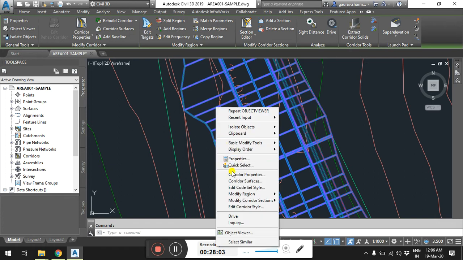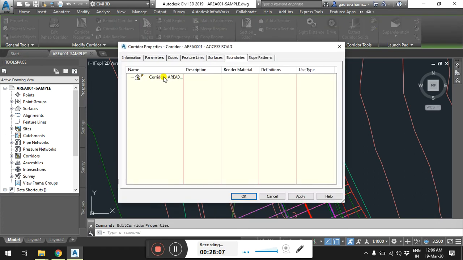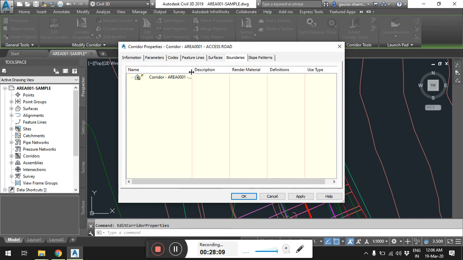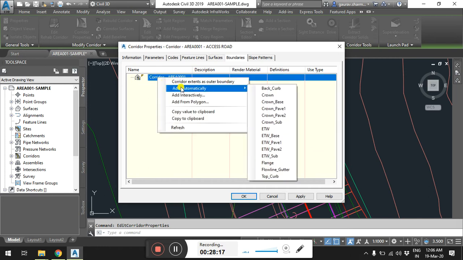select the corridor, go to the corridor properties, and in the boundaries tab, this is my corridor surface. You can simply see that this icon is matching with this icon, so that means this is the corridor surface. I'll right click and automatically add the corridor surface boundary. Now I want this corridor surface boundary to be not exceeding the daylight line, but here I cannot see